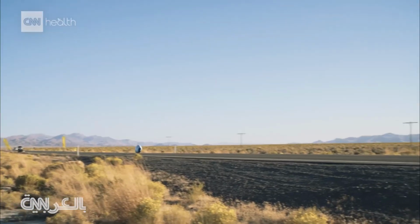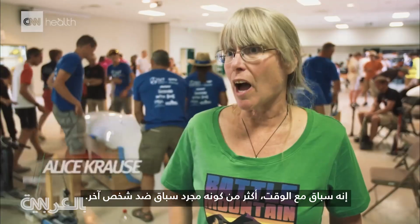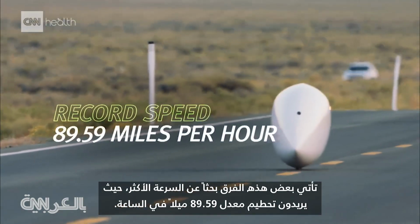Go, go, go, go, go! Come on, Valina! Come on! It's a race against time more than it is a race against another person. Some of these teams come here, they're looking for the top speed. They want to break that